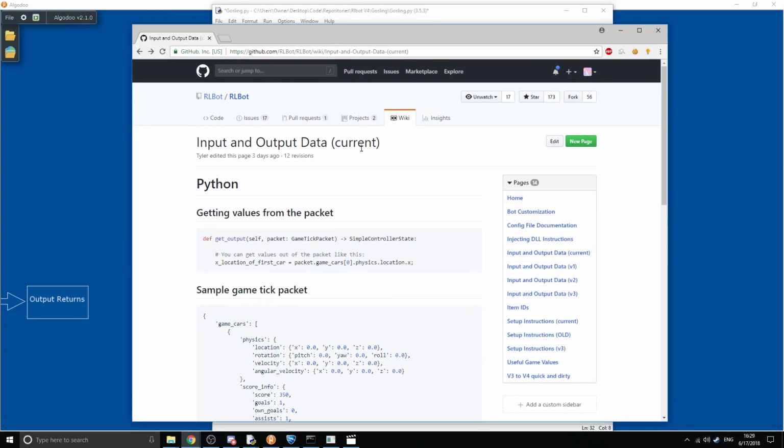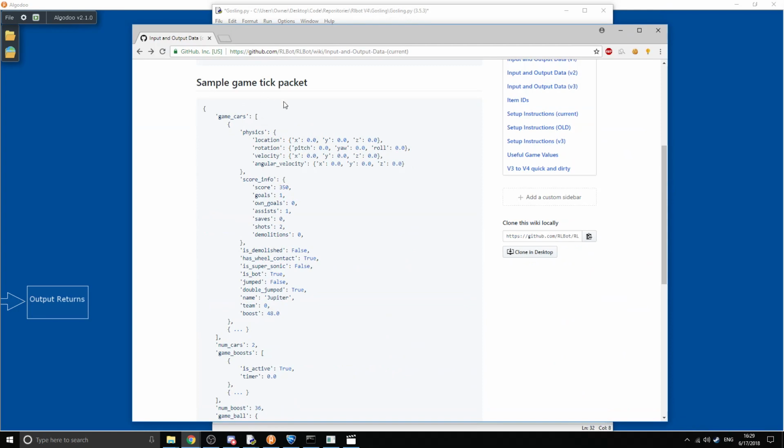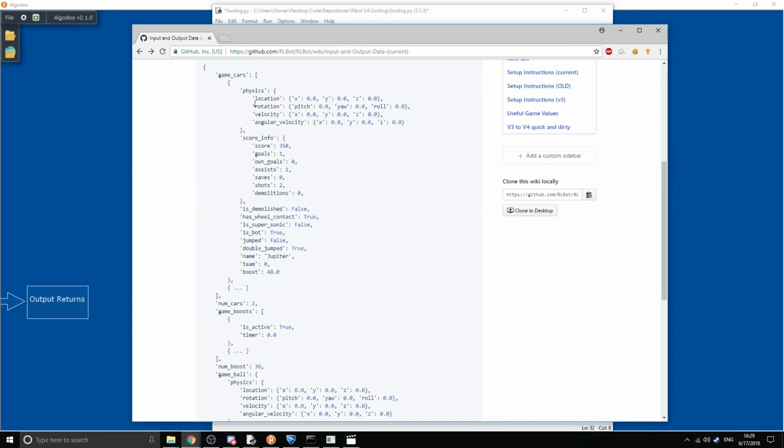Here's the input and output currently, and this is what the GameTick packet looks like. Here's a sample at least. So inside the GameTick packet, we have something called game cars, and then we have physics, and then location, and then X, Y, and Z. So in order to actually get the location of our car, it would be